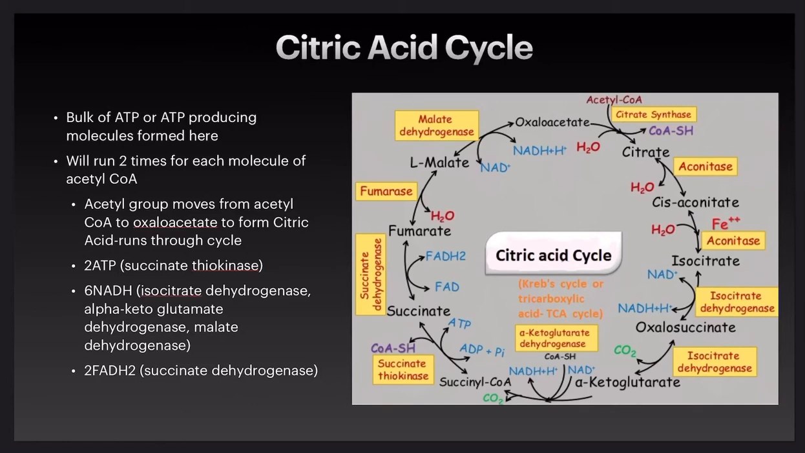Citric acid is a 6-carbon molecule, so we're going from a 4-carbon molecule to a 6-carbon molecule. And as we move through the cycle, we're reforming oxaloacetate back to the 4-carbon molecule. So in this process, we get 2 ATP here because we're running it twice, with succinate thiokinase. Now, most of our ATP coming from the citric acid cycle is going to be in the form of NADH